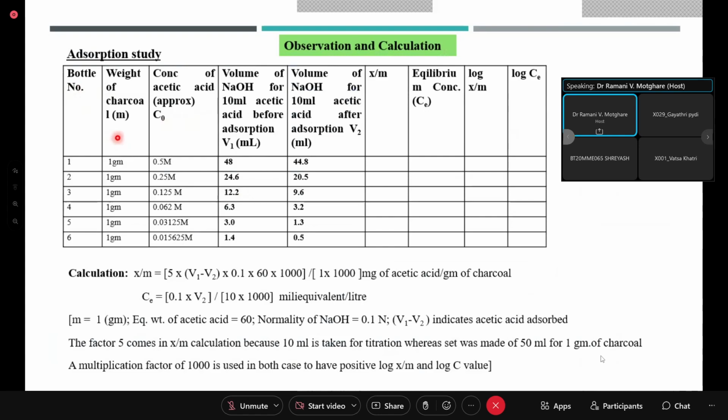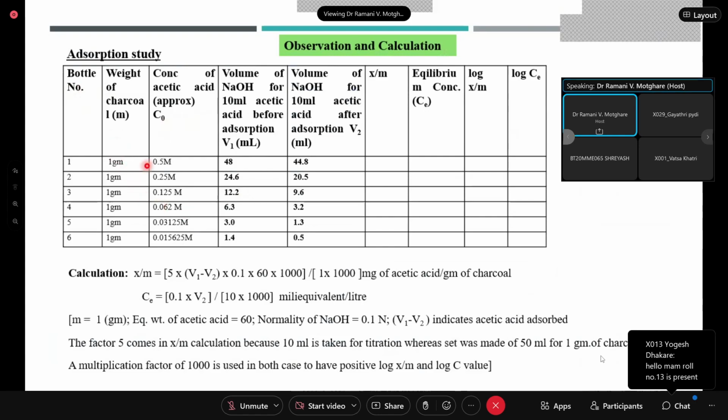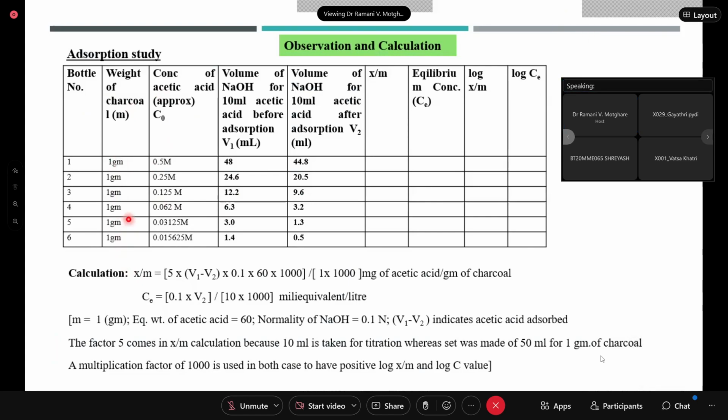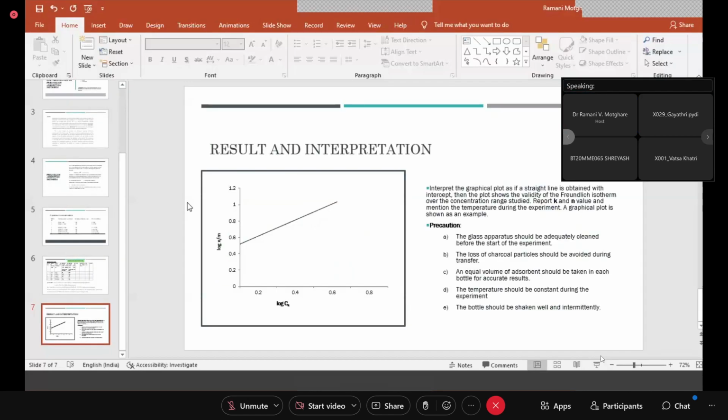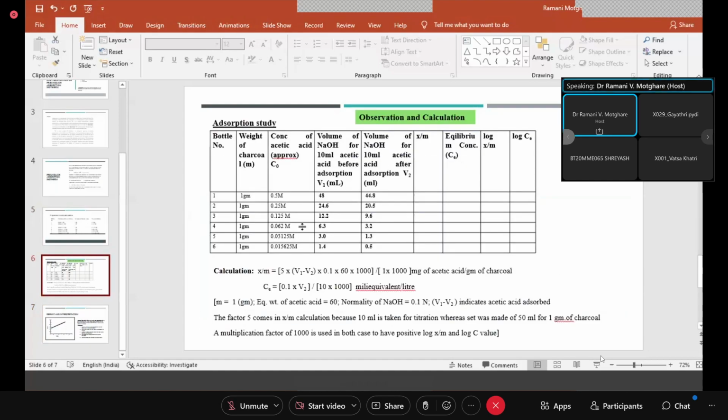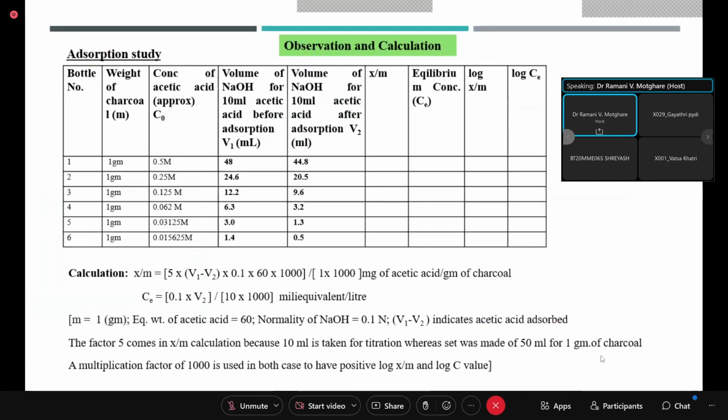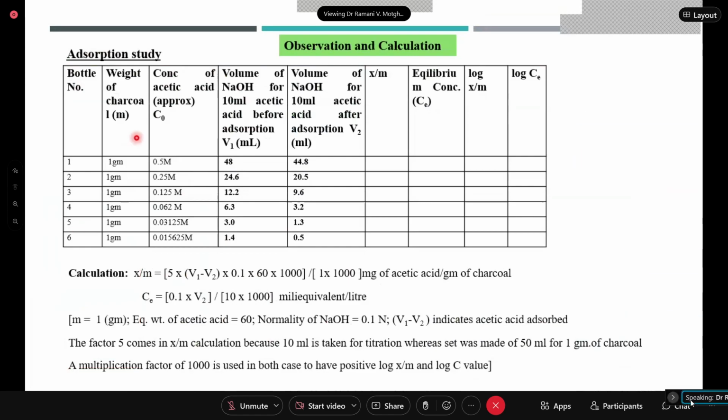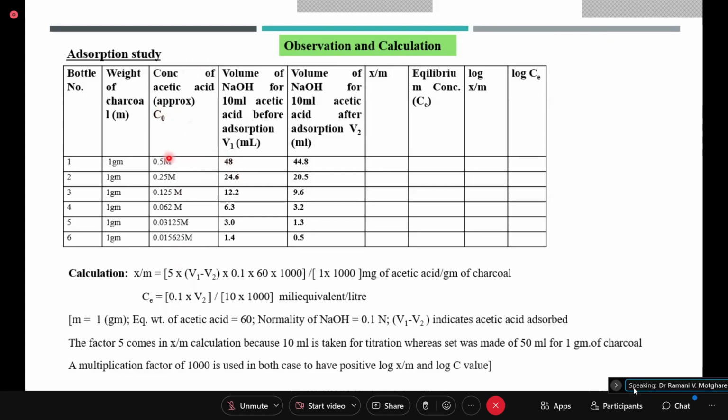Now, the experiment has to be performed in a group of 2. The charcoal is given; a 1 gram charcoal packet is given. Now, this table is important for all of you. Now, what is done? I think I have told you that day that five conical flasks are taken in which 1 gram charcoal is added, and to each conical flask this is the concentration of acetic acid which is given. So you add 50 ml of this